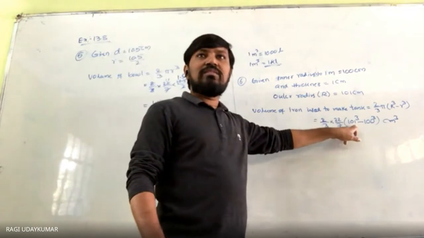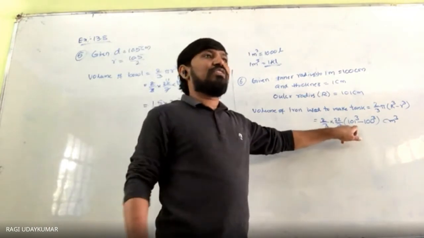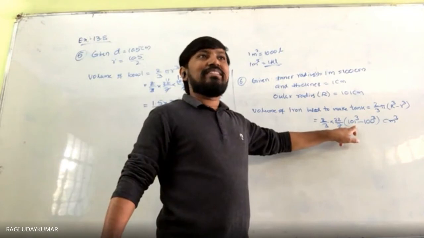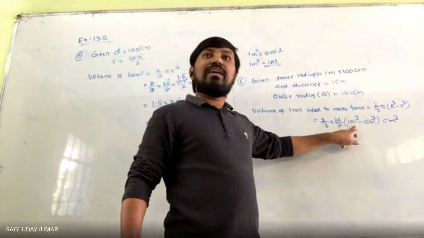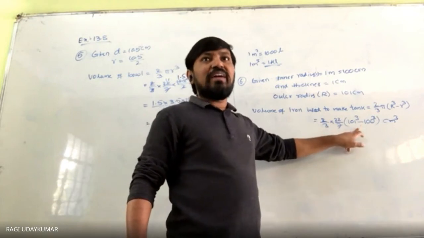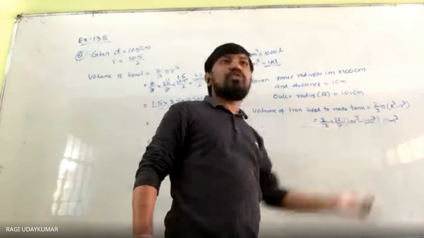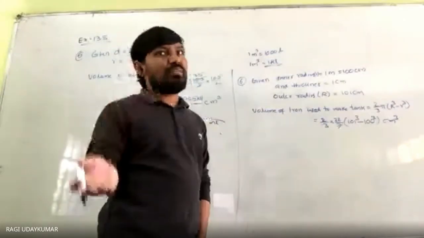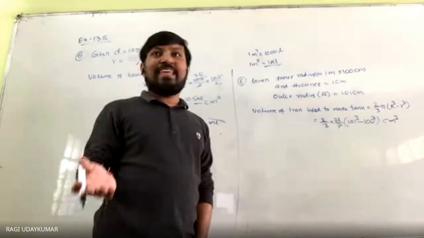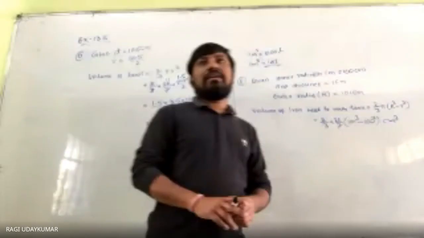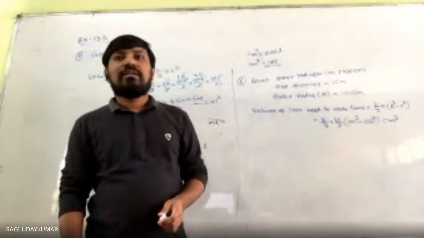To find out this 101 cube, which chapter did we do this in? Polynomials. Use the A plus B whole cube formula, 100 plus 1 whole cube, to find its cube. 100 cube you can find, then subtract both. You can use the A cube minus B cube formula also. But what is the A cube minus B cube formula? A minus B into A square plus AB plus B square. Then you have to find the square and A into B, which will be lengthy. Better to find the cubes individually and subtract them. Okay?